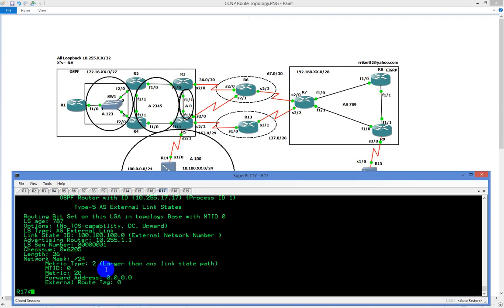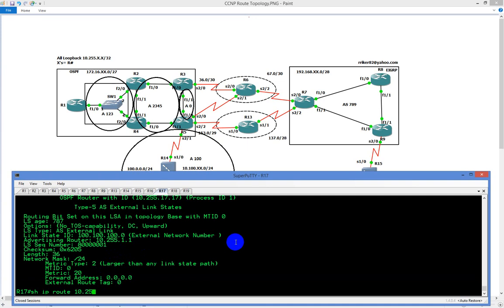Okay. Now, the forward address, this is used to figure out who we're going to recurse to. What that basically means is if I am learning a route in, and the forward address is all zeros, I'm going to look at the advertising router to figure out how to get there. What that also means is if I'm learning a route in here and I can't figure out who this is, then it's not going to be able to find the recursion. It's not going to be able to recurse back to where the traffic came from. So the idea now is, since my forward address is 0, I need to figure out the best path to 10.255.1.1. So if I do a show IP route